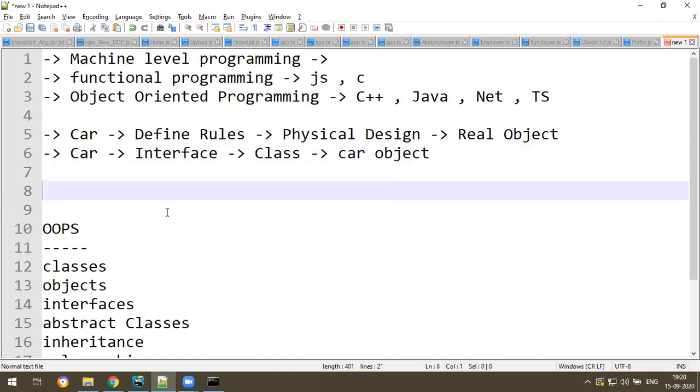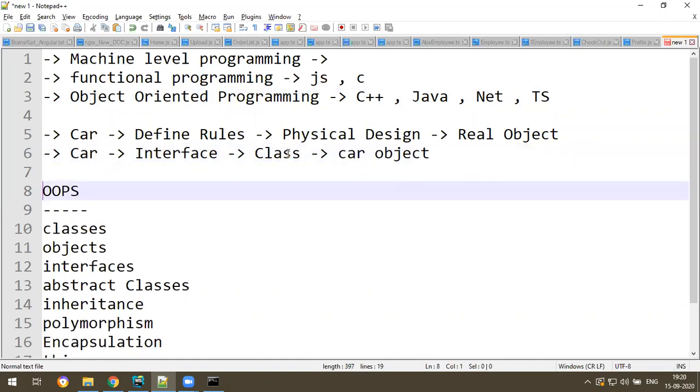Sir, why do they want to do it like this, and what is the drawback if you write functional programming to create objects? Generally you can create objects using functional oriented also, but the benefit of object oriented programming is strict rules. For example, take two cars of the same model and year.